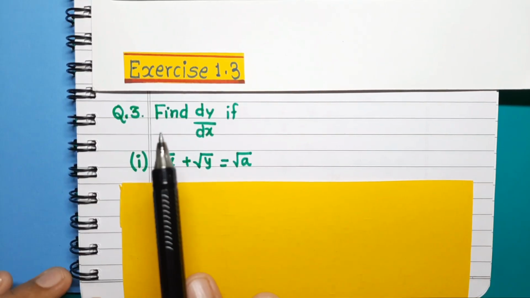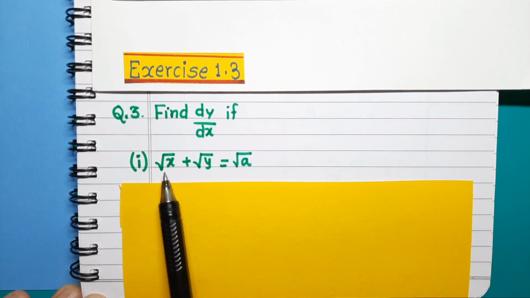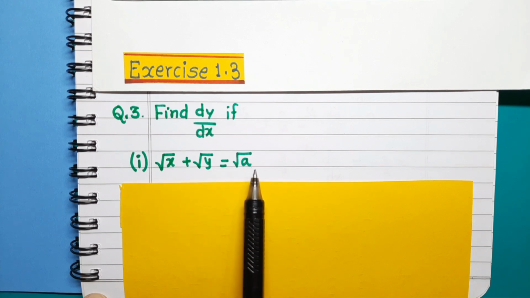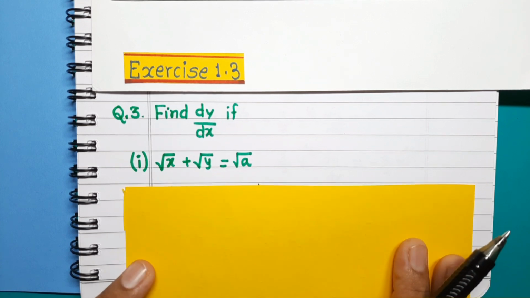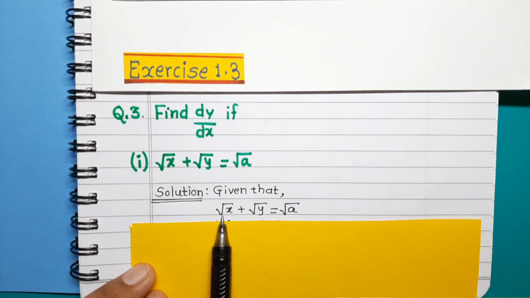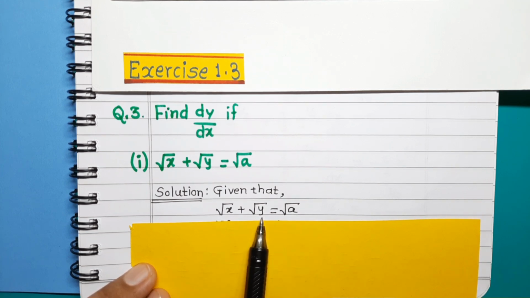See, this is question number 3. Find dy by dx if, first sub-question, the given function is root x plus root y is equal to root a. We have to find out dy by dx. So in the solution, you first write down the given function. We are given that root x plus root y is equal to root a. Now here you observe that we are going to treat x as the independent variable. That means we are differentiating the function on both sides with respect to x,